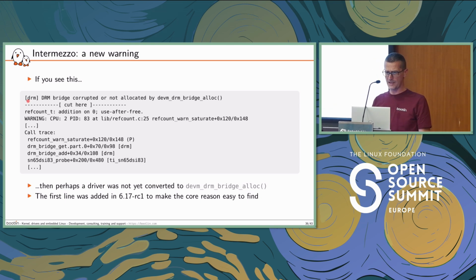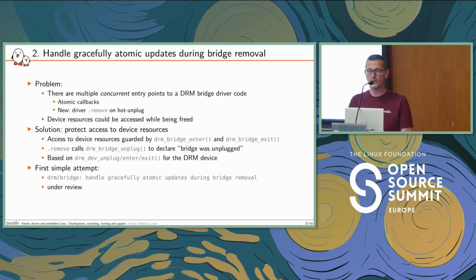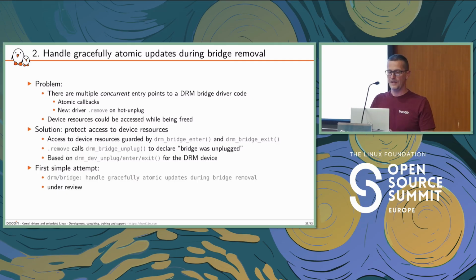The first line is something I added in 6.17, so if you are on 6.16, you will not see the first line, which is self-explanatory, but if you see a ref count warning on your bridge driver, then it's probably the situation. Okay, so the other chapters of the grand plan. Chapter 2 is handling gracefully atomic updates during bridge